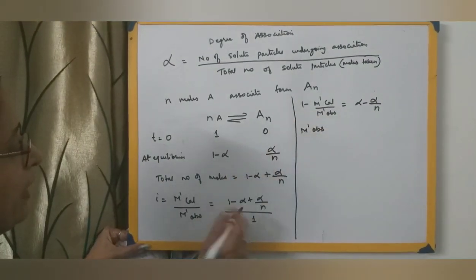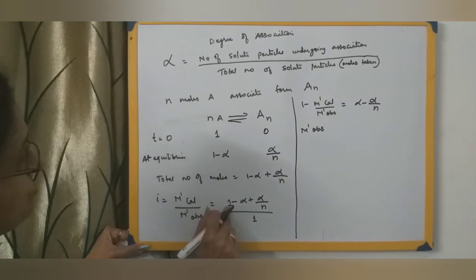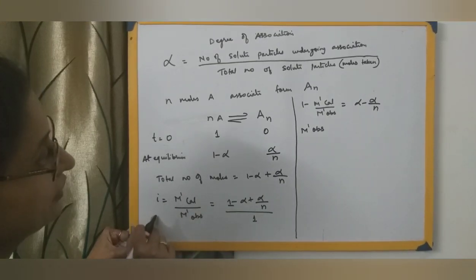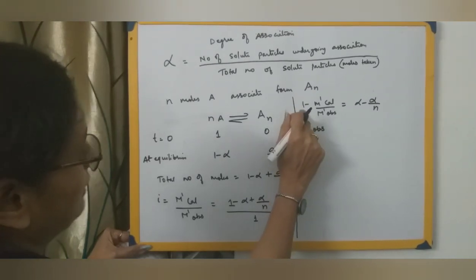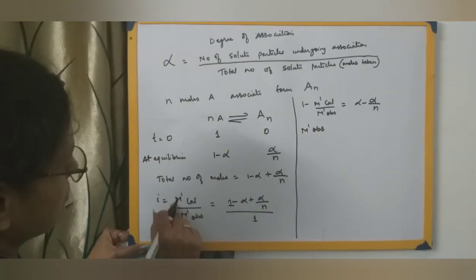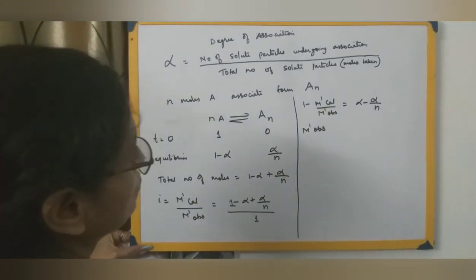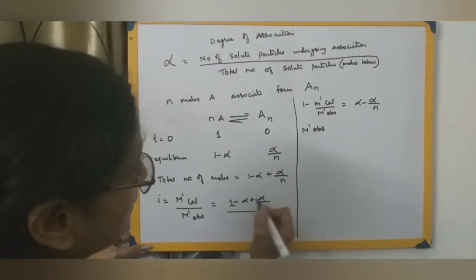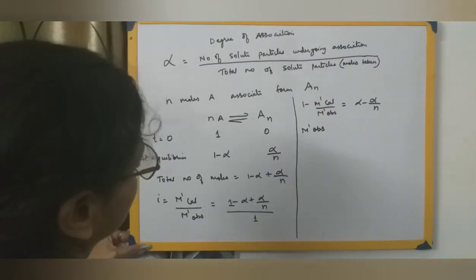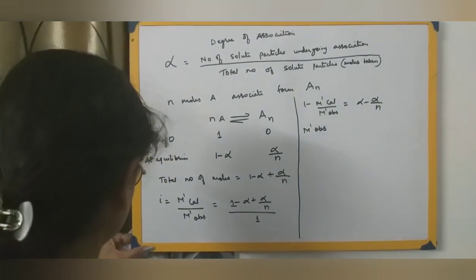Just this one we are bringing on this side. So when it is plus 1, it becomes minus 1 over here. But we are just changing the sign so that this becomes plus 1, and this which was earlier plus will become minus. So we are changing the sign throughout. So this will be alpha by n; this was plus, we are changing it to minus. This was minus, it is becoming plus over here. So now I hope it's clear to you.